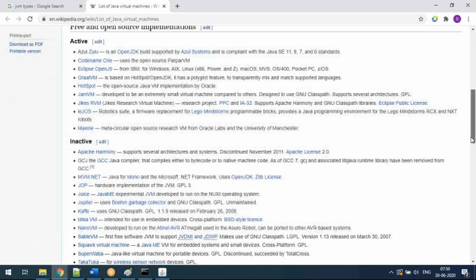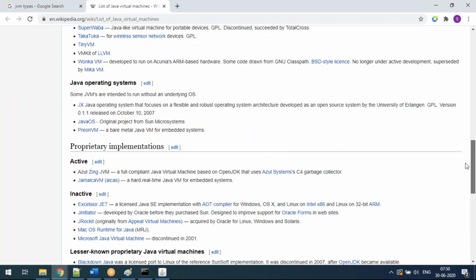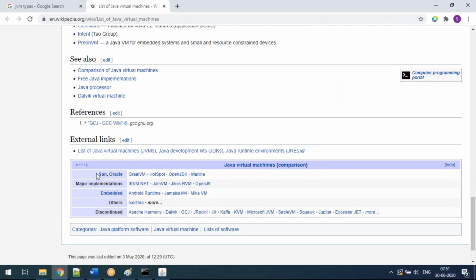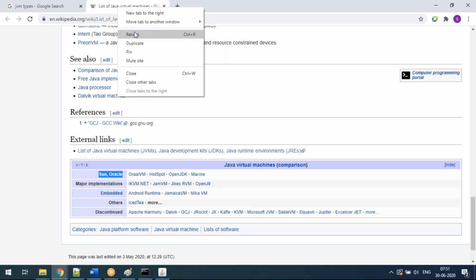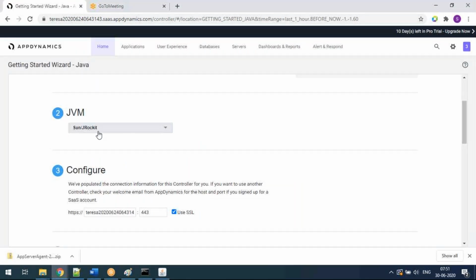I did not want to confuse you guys, because a lot of different JVMs are there in the industry, but those are not famous. Only the famous ones are listed here. You can see here Sun, Oracle. Are you able to see, guys? Yes. These are the different JVM options, but we don't want to consider them. Predominantly ours will be either Sun JVM if it is an older one, or if it is the latest one, people will be using IBM JVM.